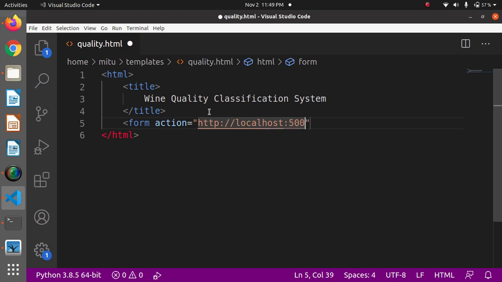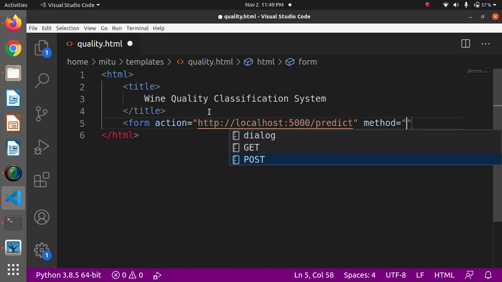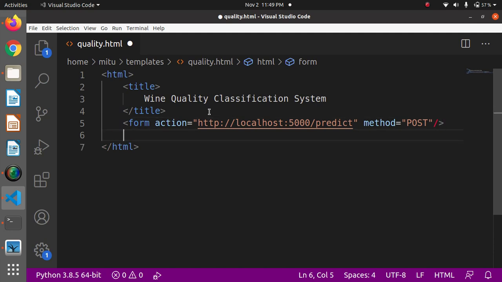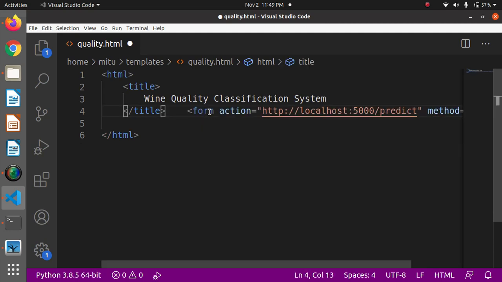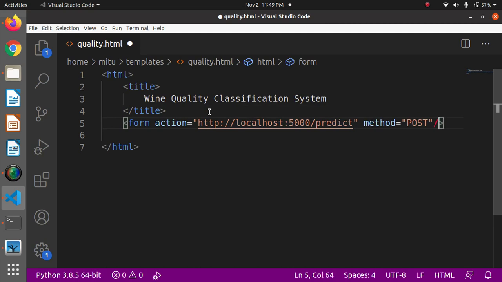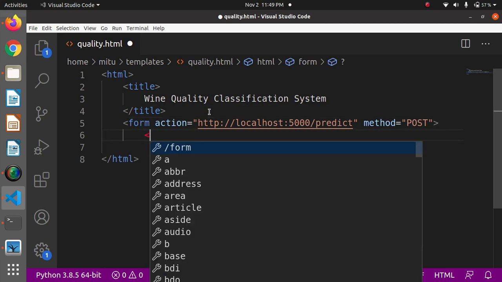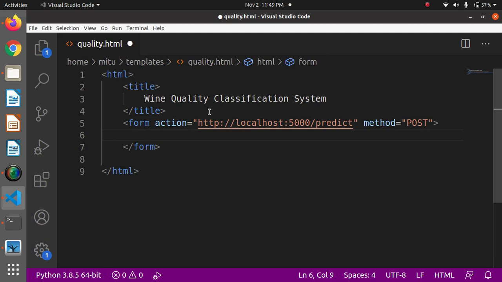Okay, so on port 5000 we'll be making use of the predict function. Once you get the data, we'll go for prediction, and in prediction that data will be printed. So let's use the method post for this. Okay, fine, let's finish it. This is not completed. Okay, fine. So let's add that title here also,